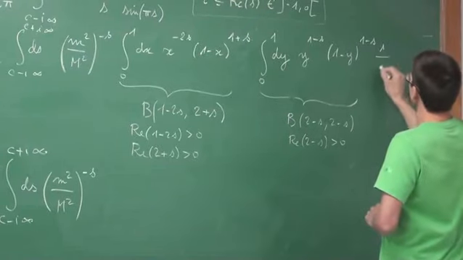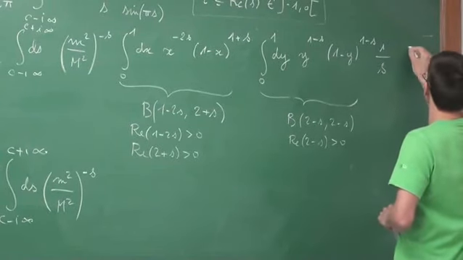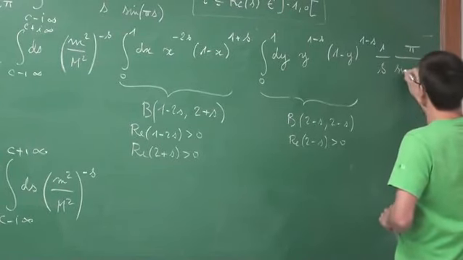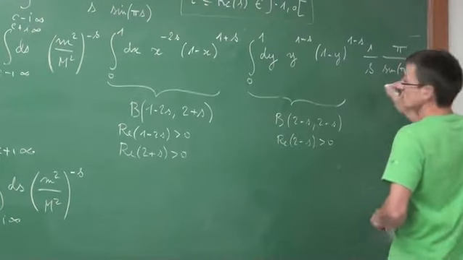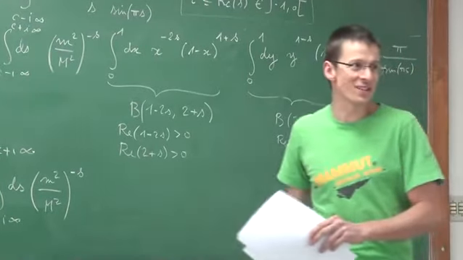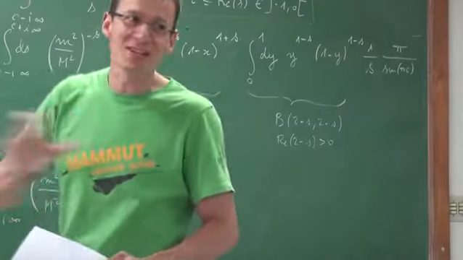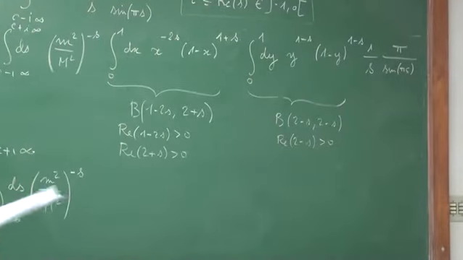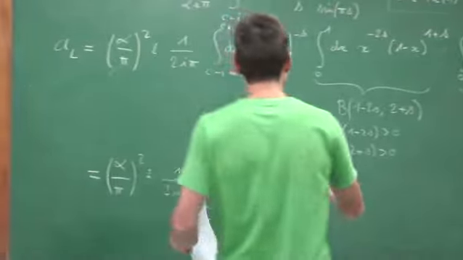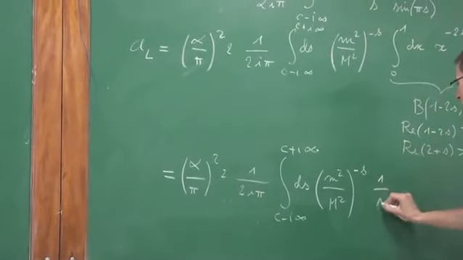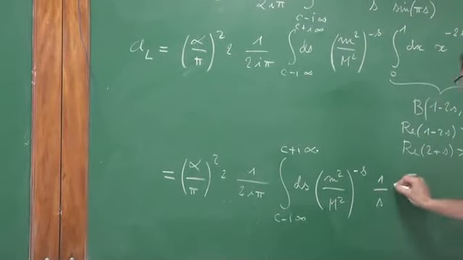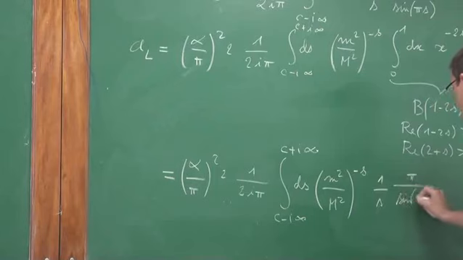This is 1 over s, pi over sine pi s. The problem when you do calculations on the blackboard is that it always makes a mistake. It's hard to have the same view as when you do it on paper. So sorry for this, but anyway, we got 1 over s, pi divided by sine pi s times